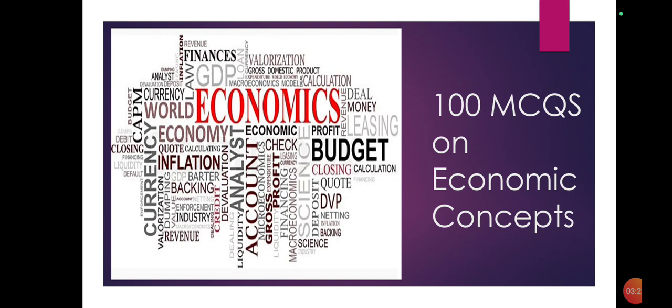Question number 7. Consider the following statements about the impact of tax. Tax incidence is the manner in which the tax burden is divided between buyers and sellers. The tax incidence depends on the relative price elasticity of supply and demand. When supply is more elastic than demand, buyers bear most of the tax burden. When demand is more elastic than supply, producers bear most of the cost of the tax.